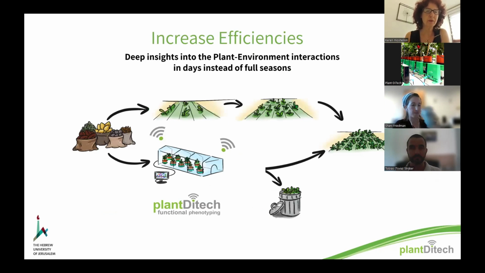With this system, you can benefit from deep insights into the plant-environment interactions, thanks to the high resolution of measurements. And we measure all the plants within days. Sometimes we can see the responses within days and sometimes weeks, but definitely less than full seasons. You don't need to leave the plant for the whole season, so it's a fast screening phenotyping